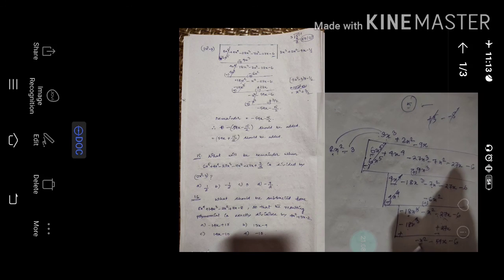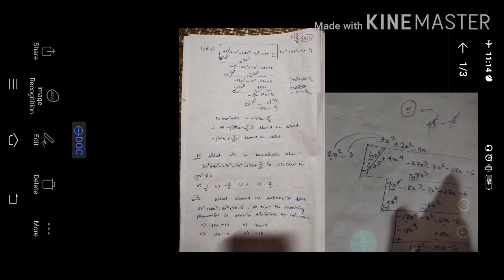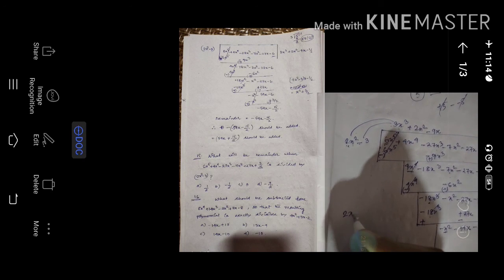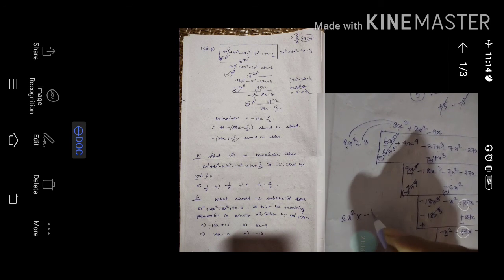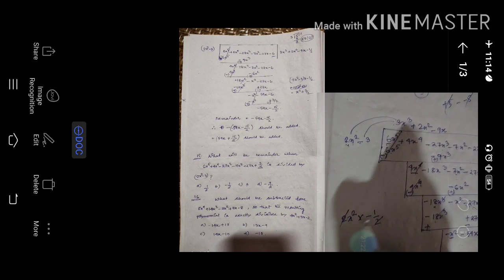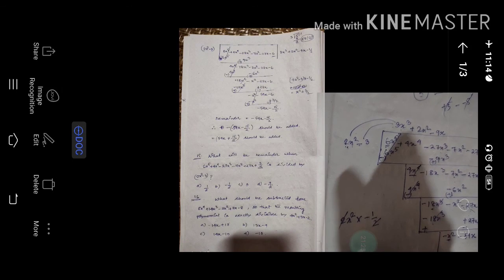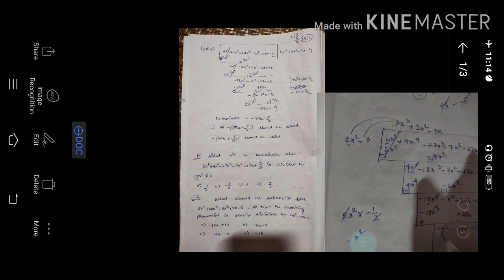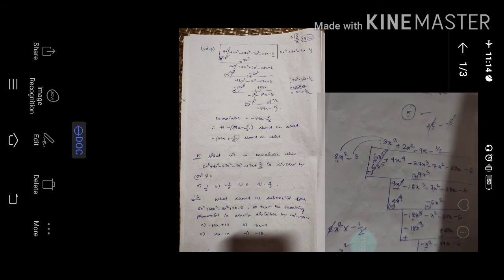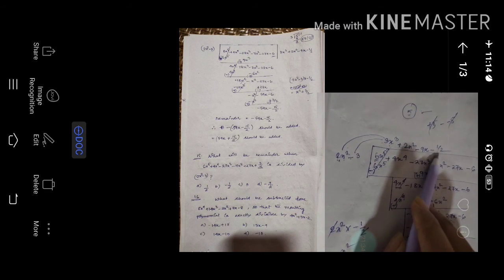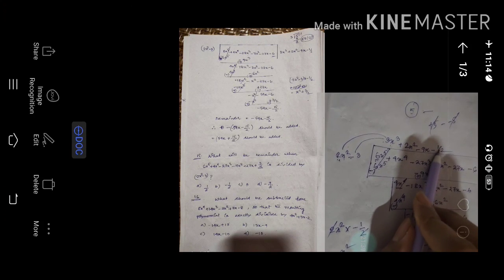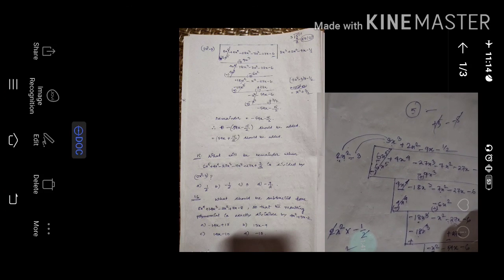Now we have to match this one. Here minus x square is there, here 2x square is there. So with 2x square, see carefully, if I multiply minus 1 by 2, then this 2 and 2 will get cancelled. Minus in x square into minus 1, minus x square. I need what? Minus x square only. That means the quotient I can write as minus 1 by 2. So 2x square into minus 1 by 2, minus x square, minus 3 into minus 1 by 2, minus minus plus what? 3 by 2.